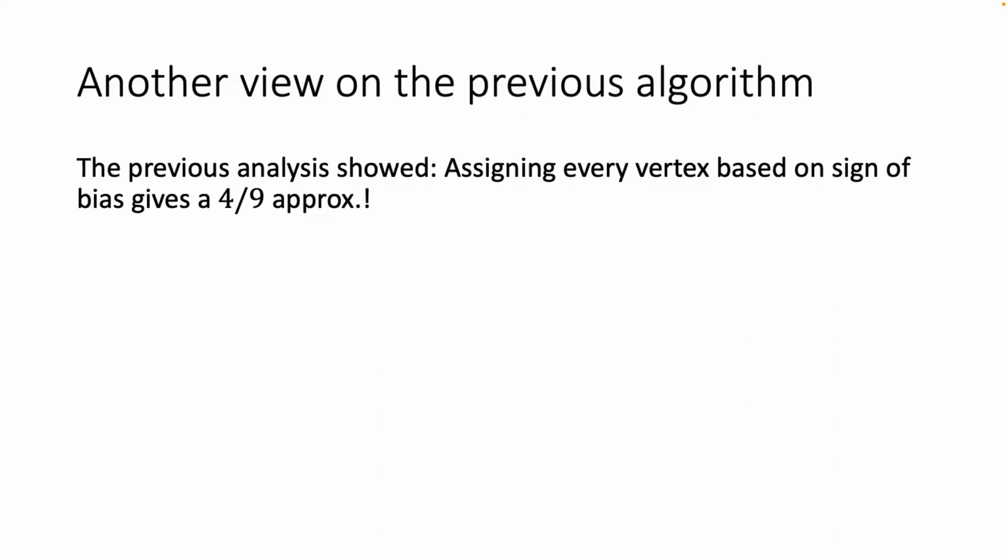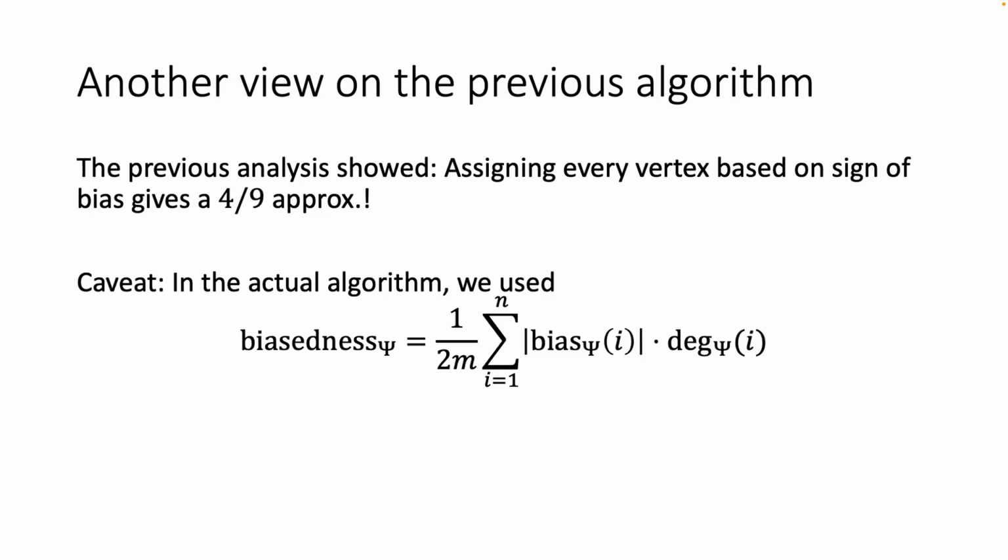Okay, so thinking about the bias of a vertex in this way, the previous analysis showed that if what we want to do is just take every vertex and assign it probabilistically solely based on the sign of its bias, you get a 4/9 approximation. Okay, and a caveat is, again,